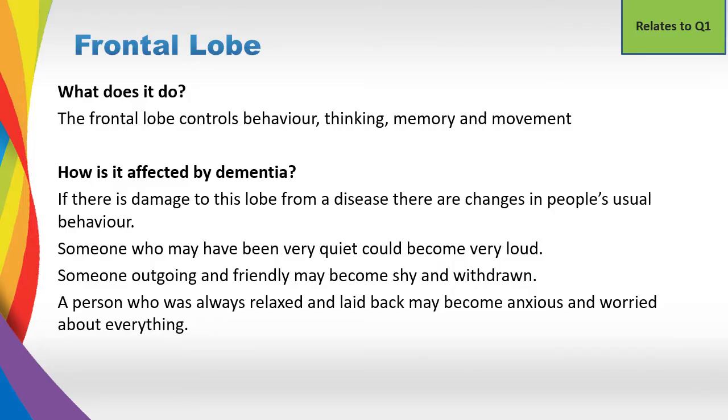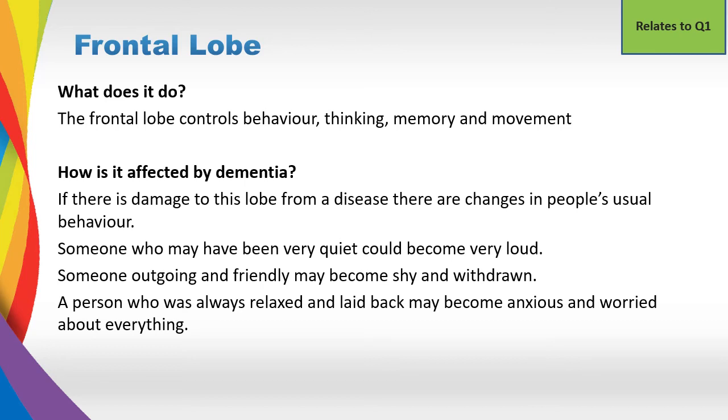The frontal lobe. So the frontal lobe, what does it do? It controls our behaviour, it controls how we think, it controls our memory and our movement. So how could this area be affected by dementia? If there's damage from a disease in this part of the brain, then there are changes in people's usual